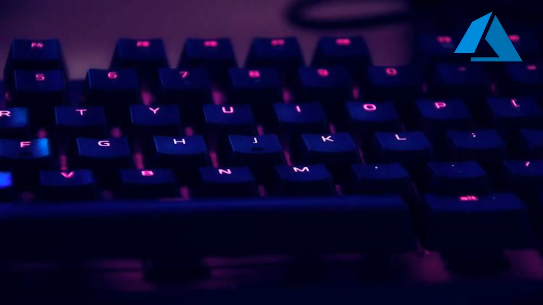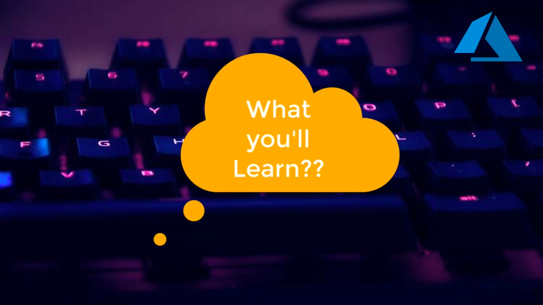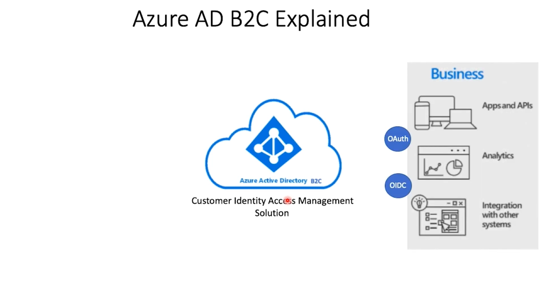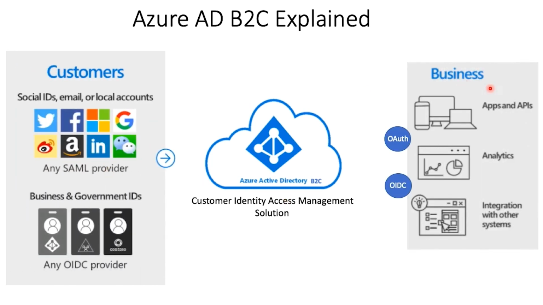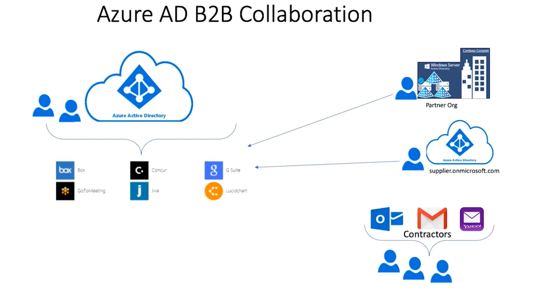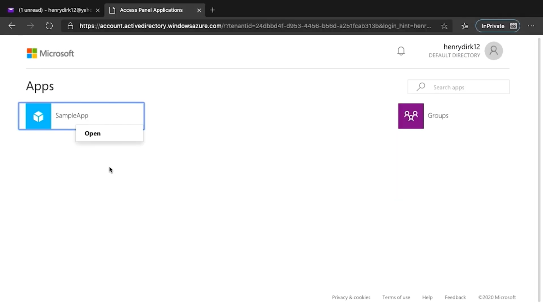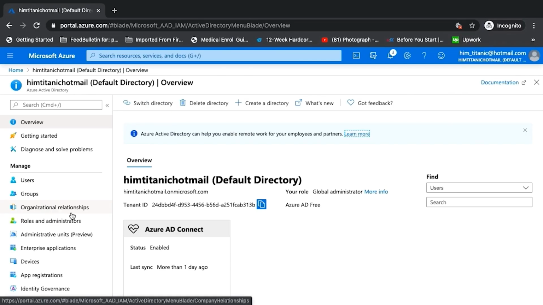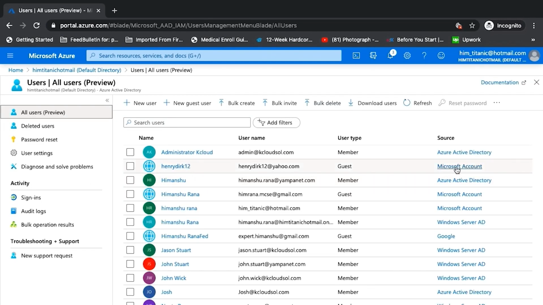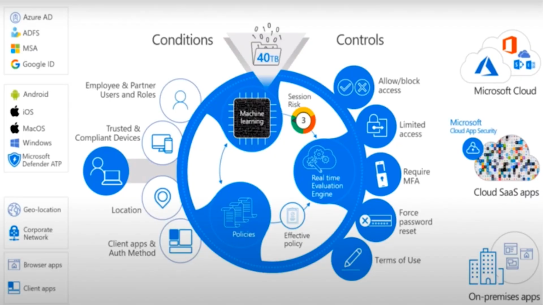So, what will you learn in this course? As the title suggests, in this course you will learn all about identity federation, which means how you can allow external parties to access your organization's applications. More and more organizations are using Azure, hence they are looking for ways to collaborate with their partners without taking the headache of managing the external users' identities in their own directory, and yet still be able to enforce their organizational security